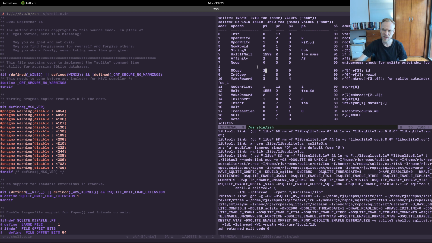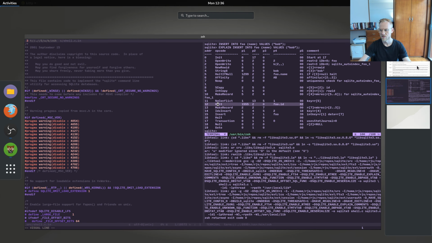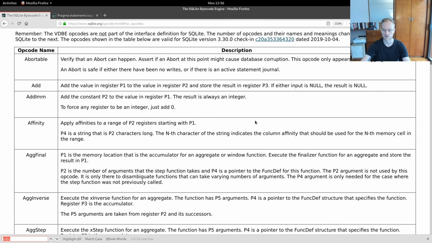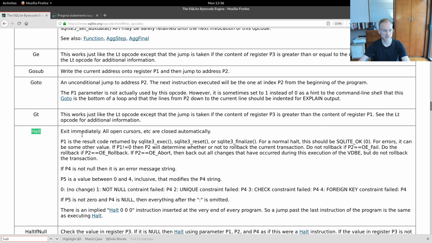So there's scopy, inc copy, make record, no conflict, halt. There's two halts. So let's go figure out why. Exit immediately. All open cursors, etc., are closed automatically. So really quickly, the thing about halt